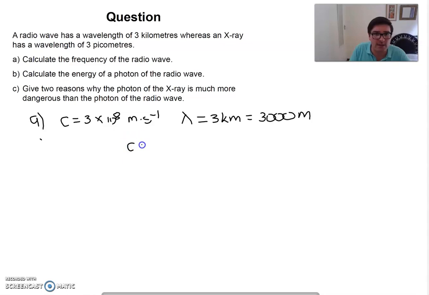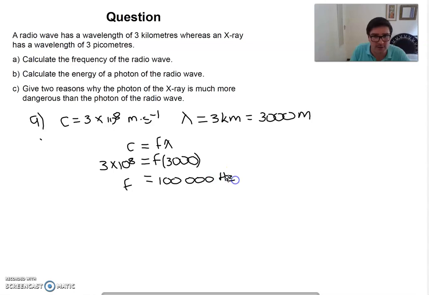So my equation now is c = f × wavelength. So the frequency is what I want to calculate. I know that the wave speed is 3 times 10 to the 8th, and the wavelength is 3,000 meters. So calculating the frequency, I get that the frequency is 100,000 hertz. Yes, so it's 100,000 waves per second that is reaching me in the case of the